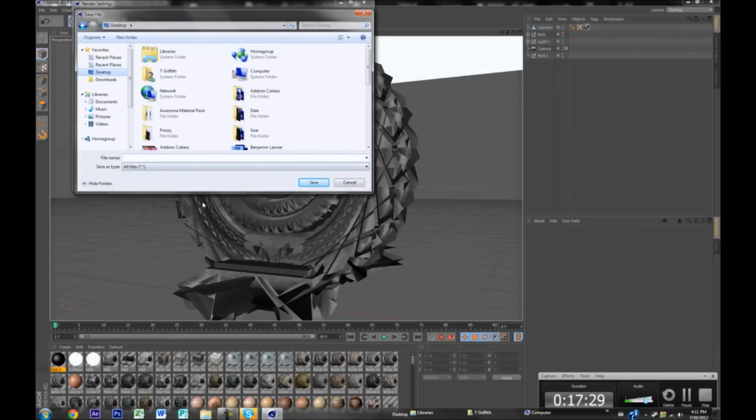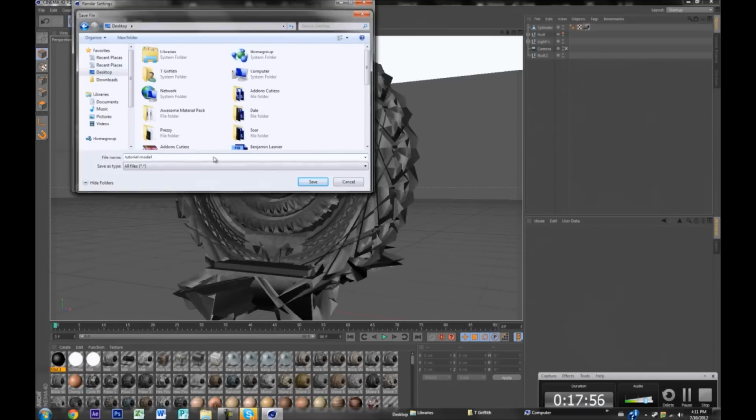Never use global illumination because it renders the actual lighting pack useless. Everyone asks what it means. It's literally what do you think it means? Global is everything, and illumination means it will just brighten everything up, and therefore renders the actual light pack you use useless. So don't use that. It gets rid of shadows and all the effects the actual lighting pack uses. So I'm just going to save it as